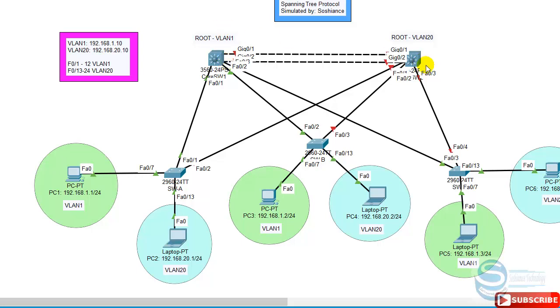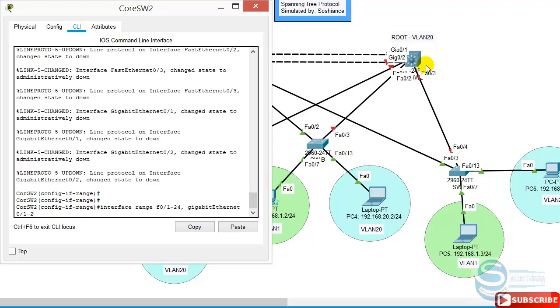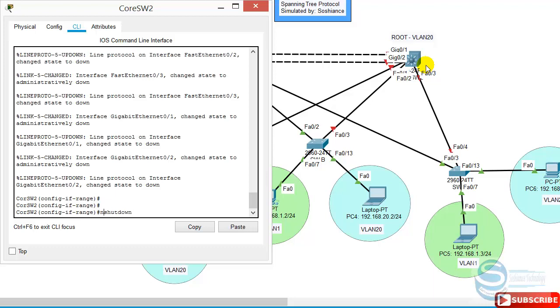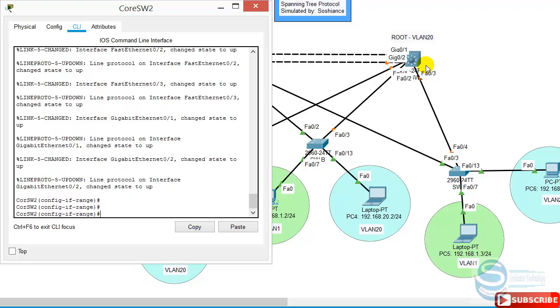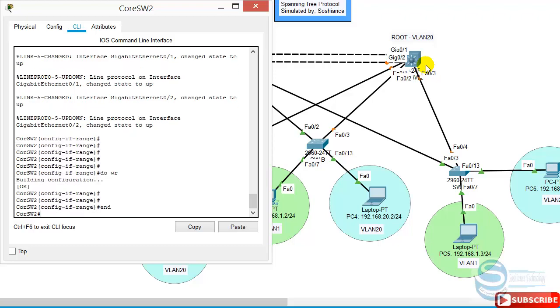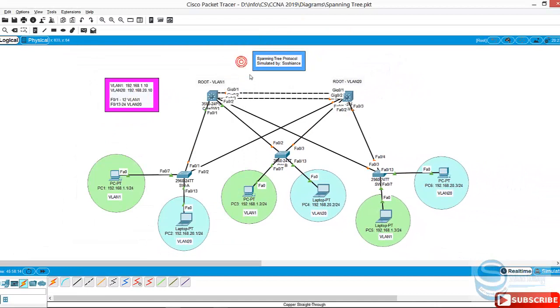Okay, so let me just say no shutdown, so all the interfaces should be back. And now you can see on each switch only one port is up at once. But now what we are doing, we are configuring the per-VLAN spanning tree. We have two VLANs. Up to now we have only one VLAN, VLAN 1 by default. We are going to create one more VLAN, VLAN 20, and VLAN 1, which is already